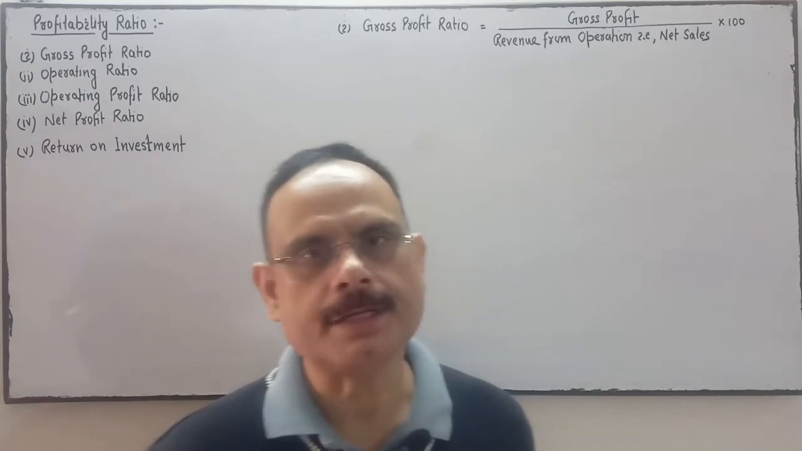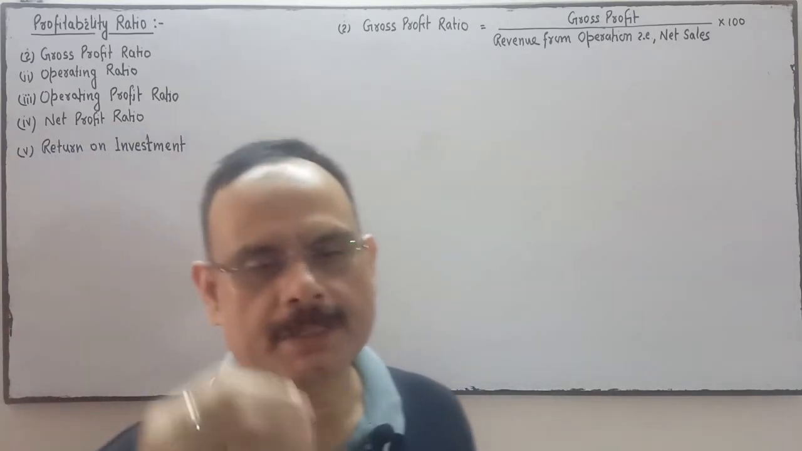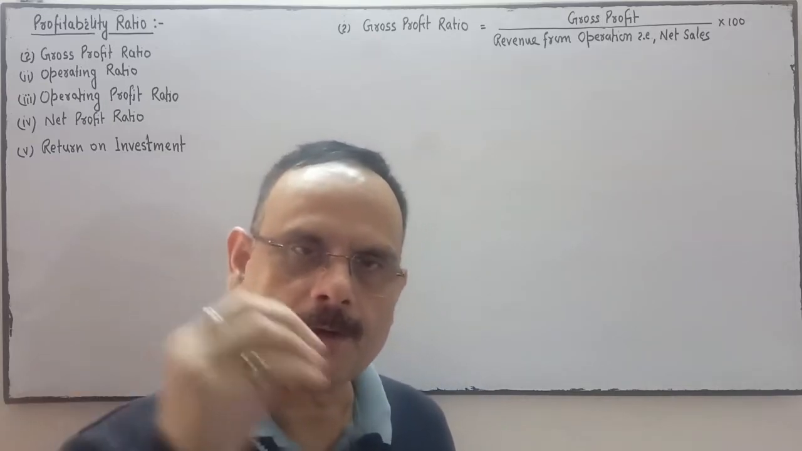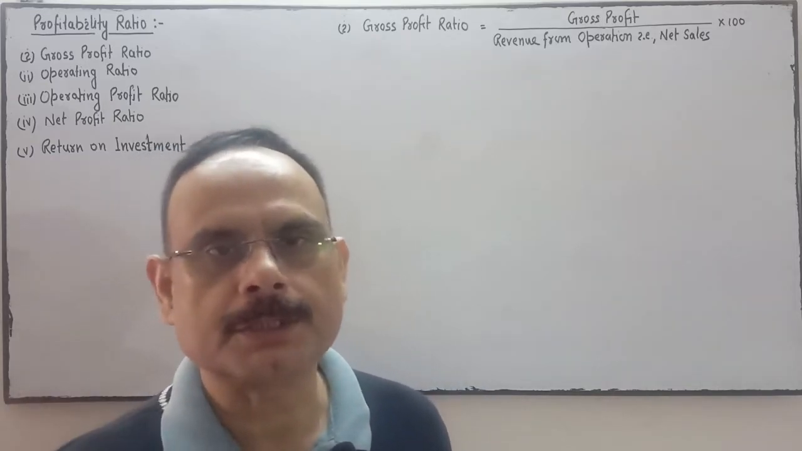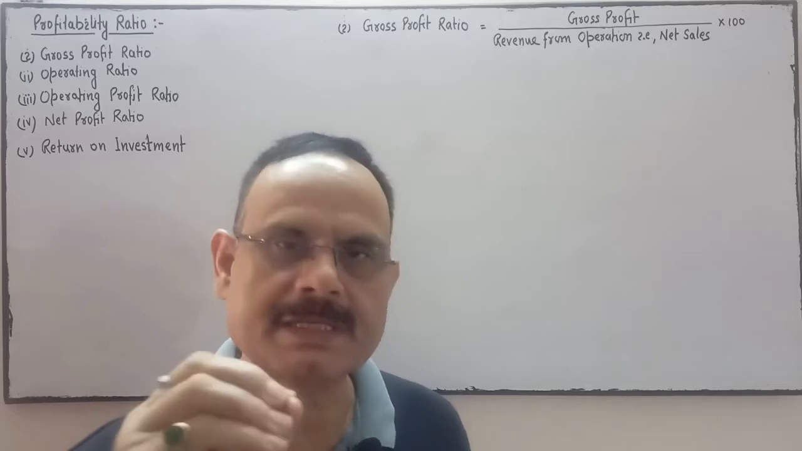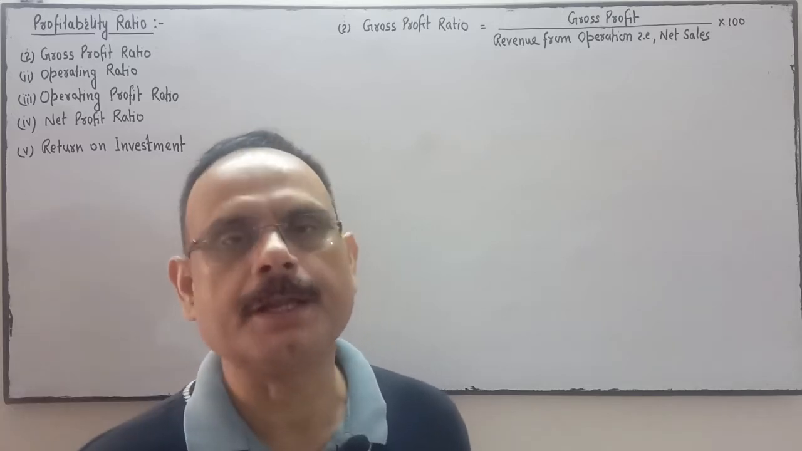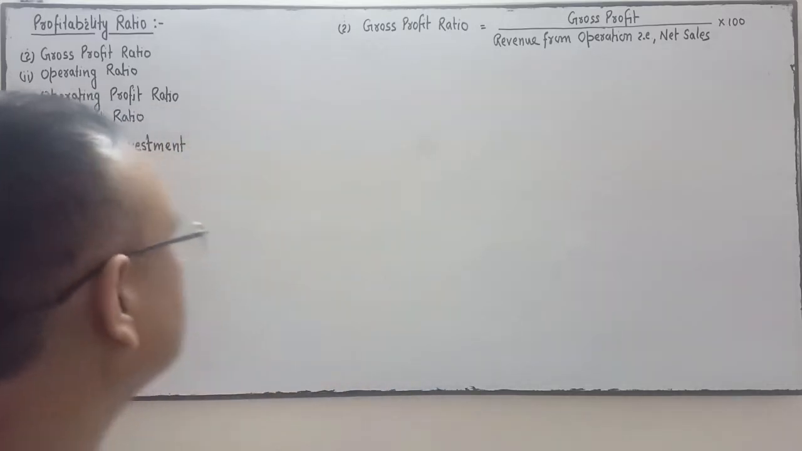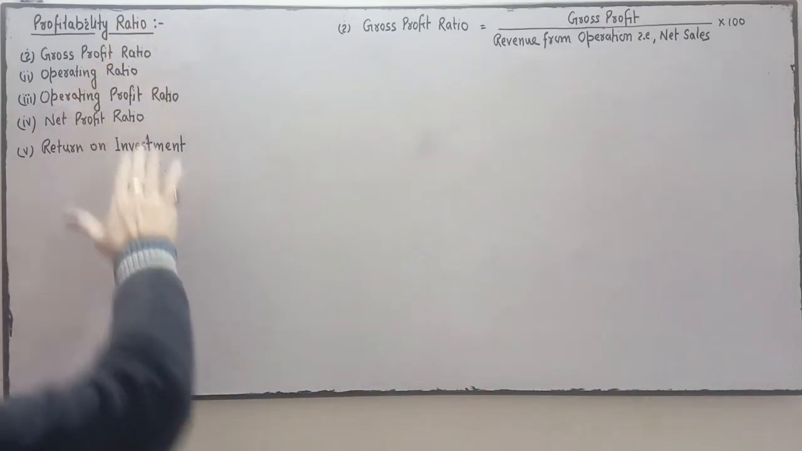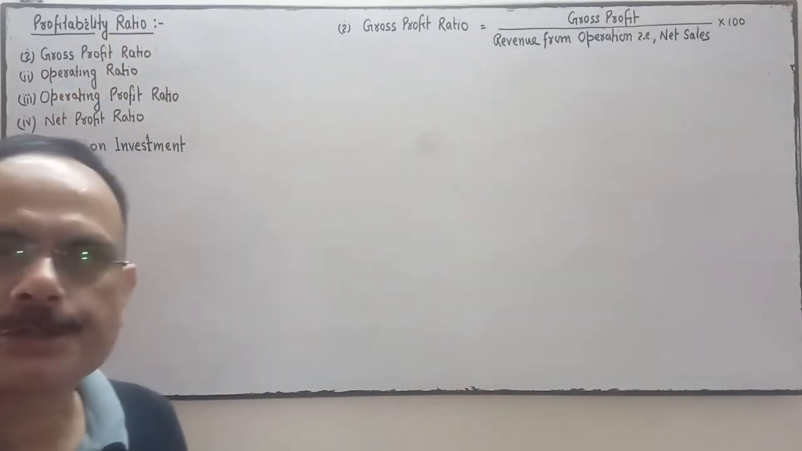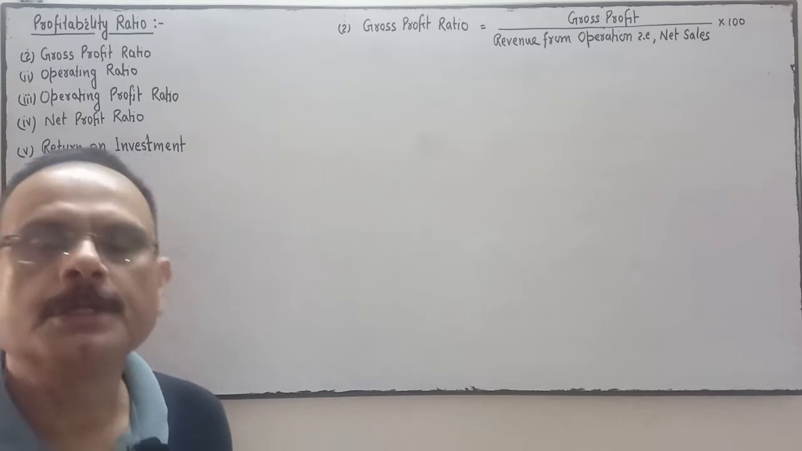Management efficiency indicates whether management is efficient or not efficient. It totally depends upon the profit, how much profit the business has earned. This is very important. So under the profitability ratio, we will see these ratios: gross profit ratio, operating ratio, net